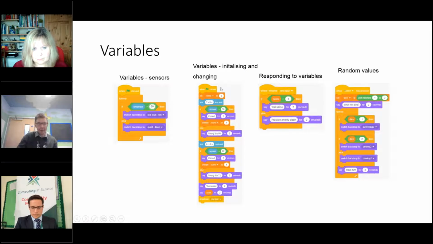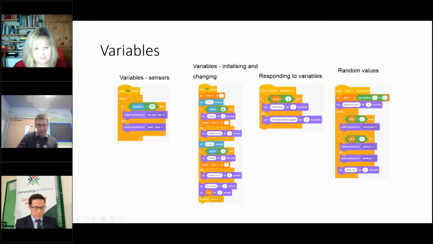And then finally, we might be looking at variables and how we introduce those. So building on selection and introducing the value of a sensor that's already being used through Scratch, so it's been able to monitor the loudness in the classroom and setting backdrops to a different color if the class are being too noisy, if the red screen comes on.